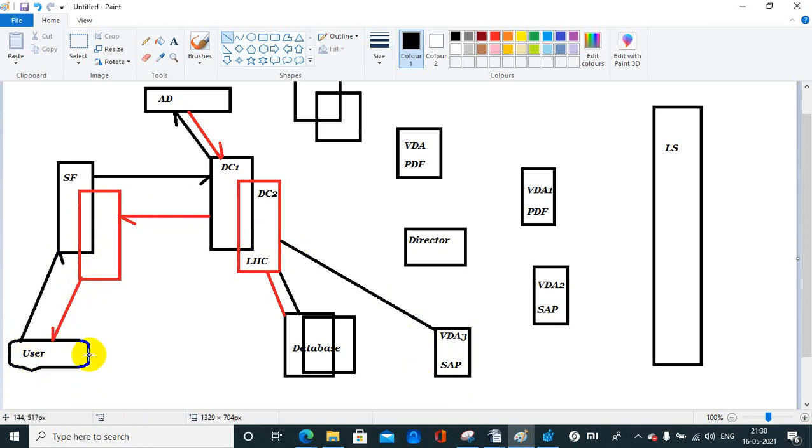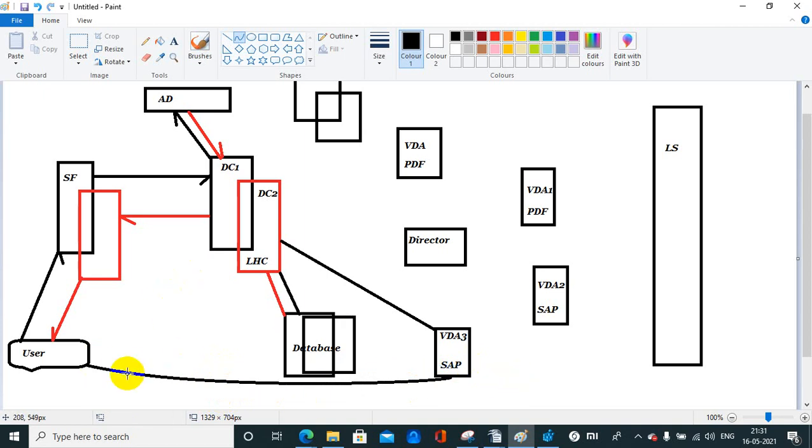If it's installed, the ICA file will automatically open, and the user will get connected with the application server directly. Okay, it's a direct connection between the user's laptop and the server itself.